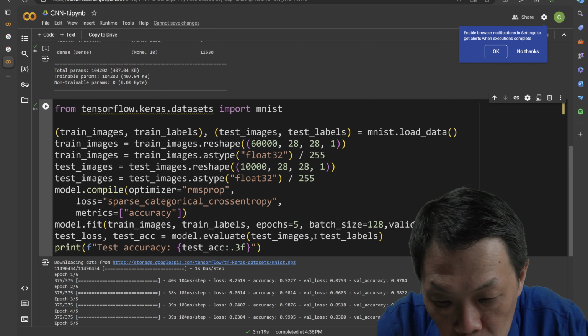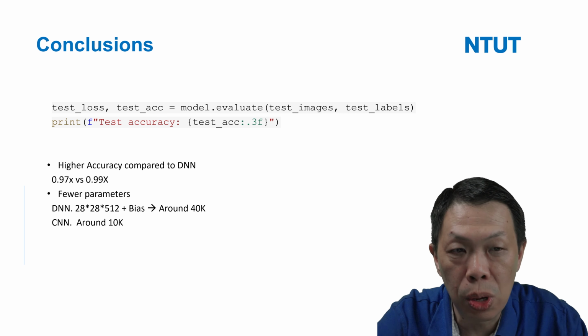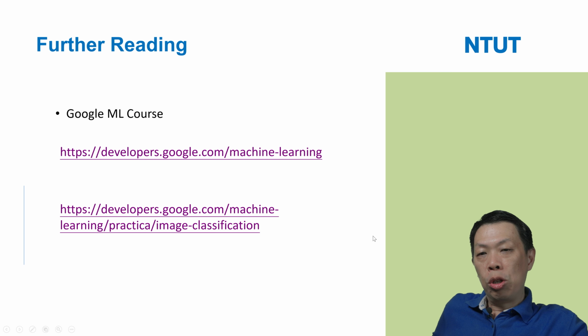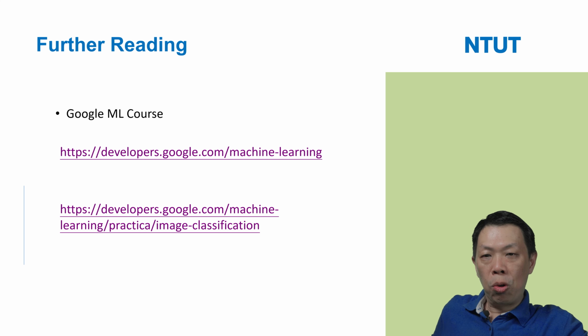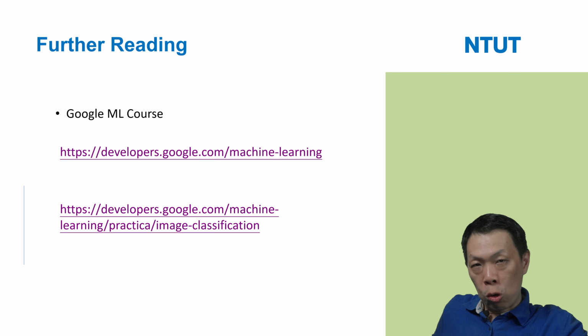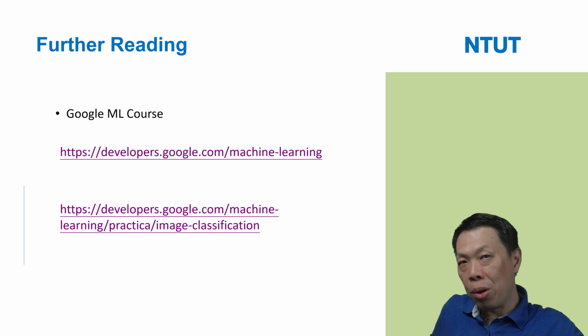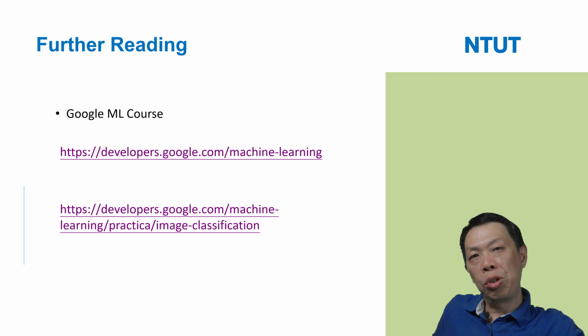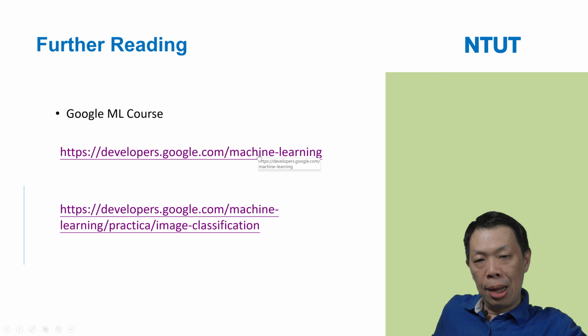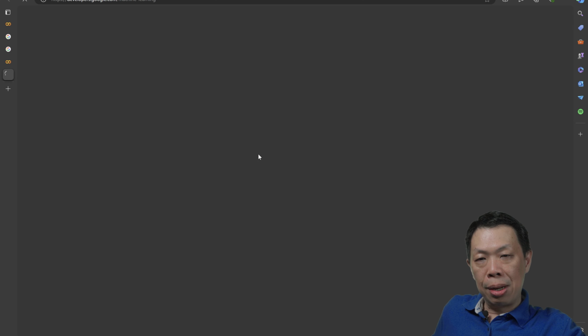Let's go back to our slide to have some summary. So this is a very basic part of deep learning neural networks. If you want to learn more, here I provide two resources on Google. They are free courses, so I will give you a fast run-through. The first free course series on Google is Google Machine Learning. So you can see here.